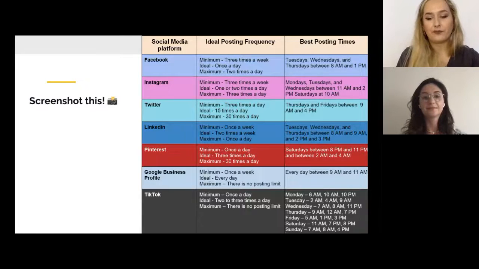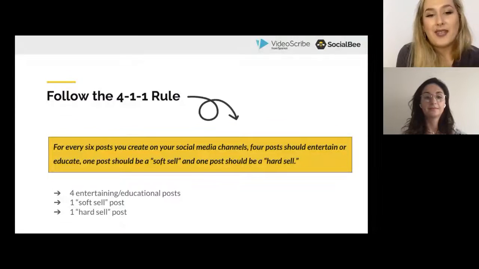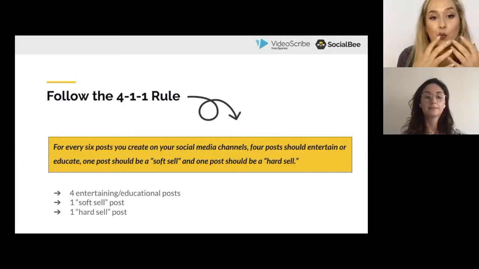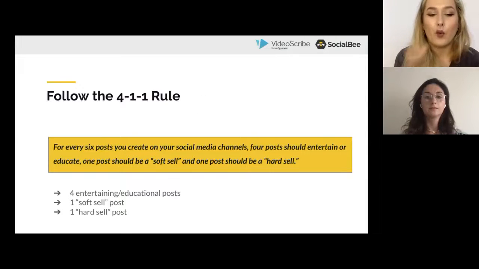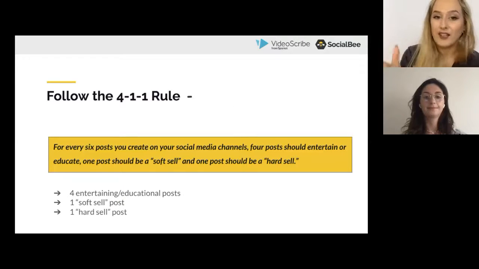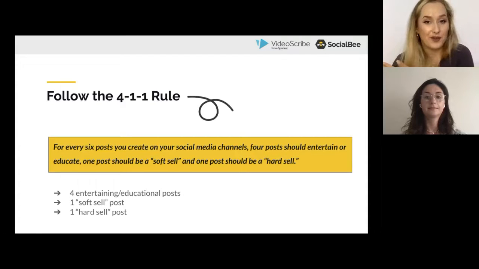And then we're going to move to the next slide. Here, we're going to talk about the 4-1-1 rule, which I like to call the 80-20 rule. It's the same principle, where you need to create a content mix, a balanced way of sharing content that includes video content, educational content, fun content, but also promotes your business to your